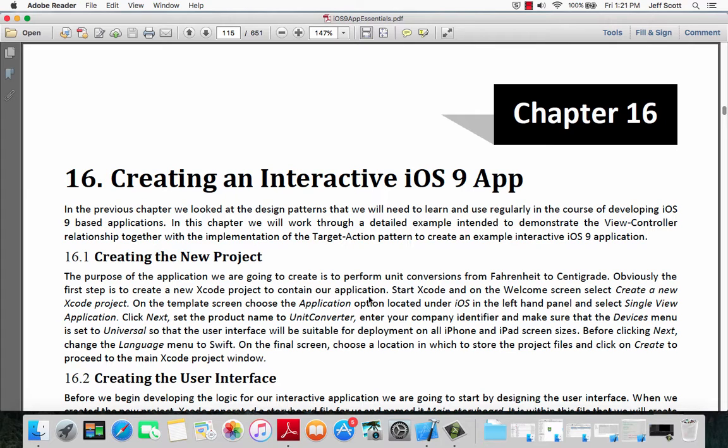I'm now going to go over Chapter 16, where, as the authors say, in this chapter we will work through a detailed example intended to demonstrate the view-controller relationship together with the implementation of the target action pattern. So this really isn't anything harder than any program we've ever done in the last semester, and by all means, it's a lot easier than the bullseye one that we did. So I will come back to the PDF only on an as-needed basis. But other than that, I will almost be going strictly from